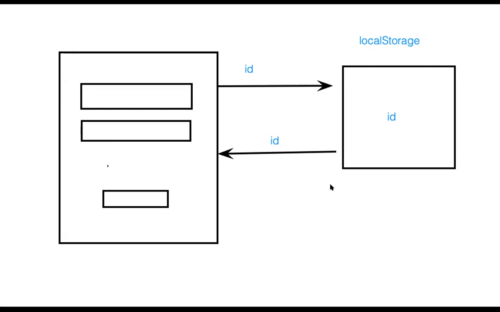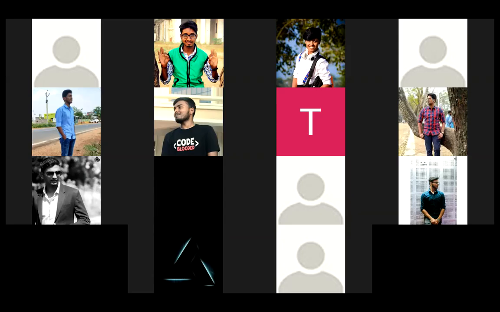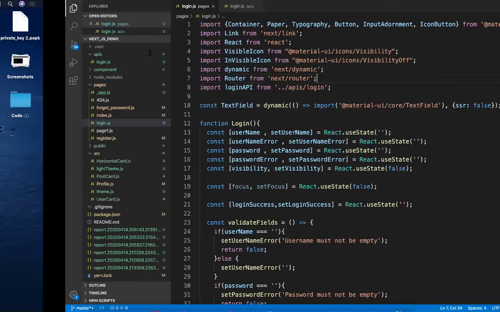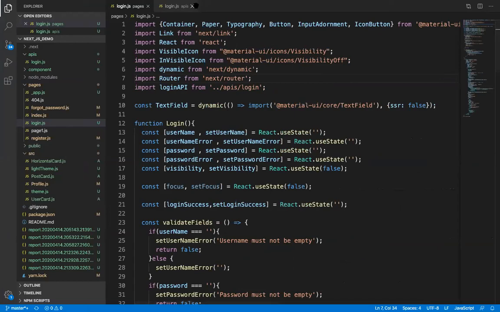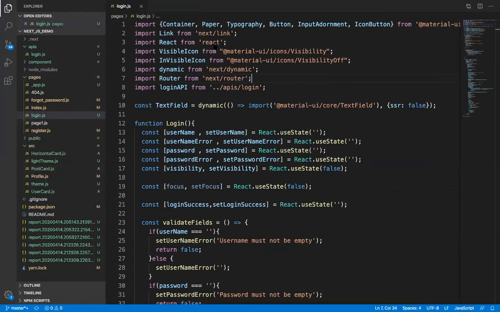So what we have to do here is use the local storage while logging in. So API call is done.